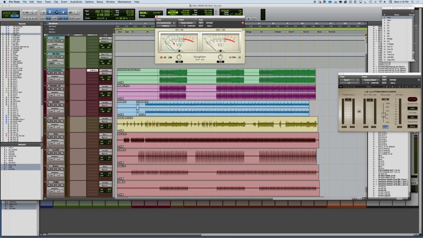VU meters, I like using VU meters, and maybe because I do so much analog processing in the box. In other words, just working with analog emulations. I like to set up my gain structure accordingly, so when I start to run through those pieces, I'm getting the way that they're optimized. Analog gear is all optimized for working with +4 line level signals, so that if you're feeding a bass, you're feeding a vocal, you're feeding a snare drum, a kick drum, as long as it's operating within those basic realms